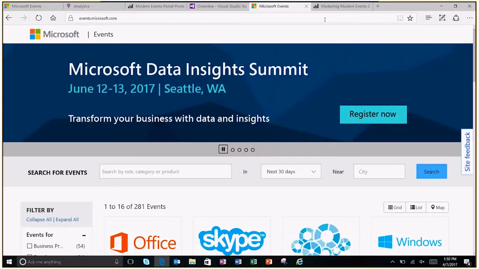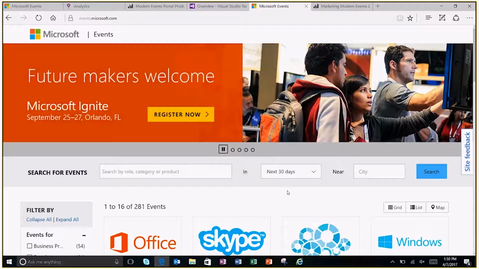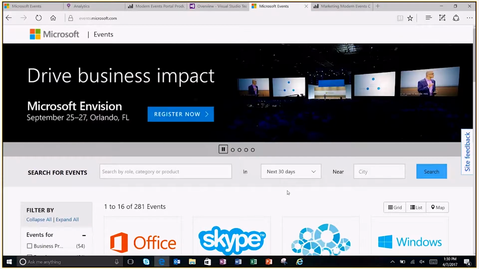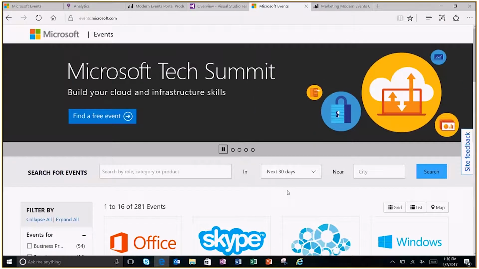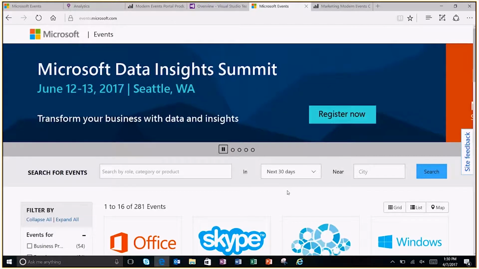Yeah. So let's take a few minutes and do a quick demo of this site. Sure. What I have here is the Microsoft Events site. Typically when you look at the site, it has the carousel at the top, flashing some of the best events that Microsoft wants to promote. Essentially these are the flagship events that Microsoft wants people to attend. And that looks like it's based on our geo. We're in the US right now. Well, it can be based on geo, but this one is what Microsoft wants everyone all over the world to see.